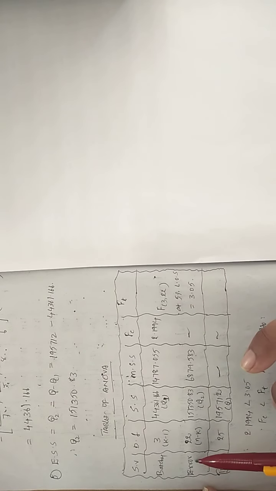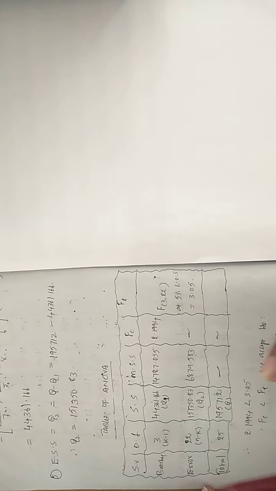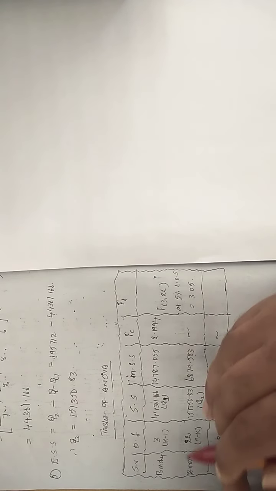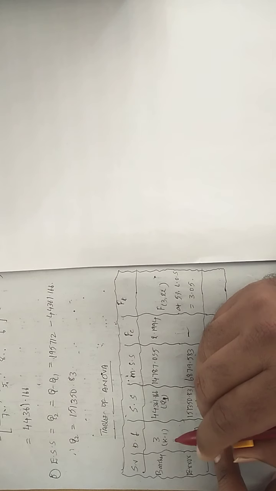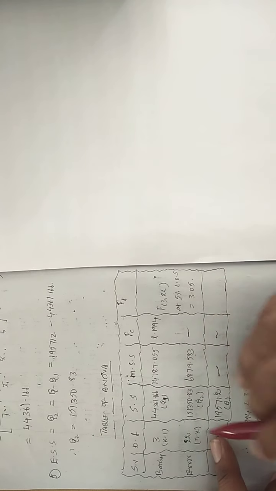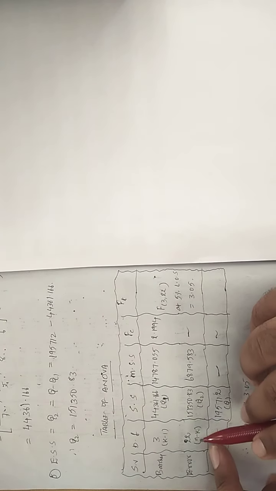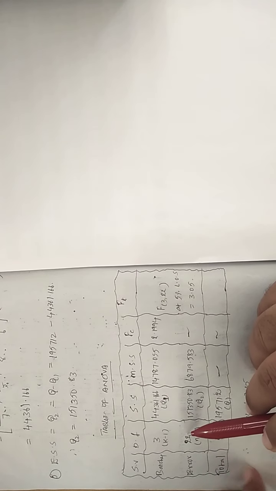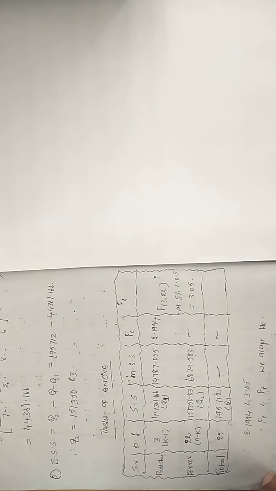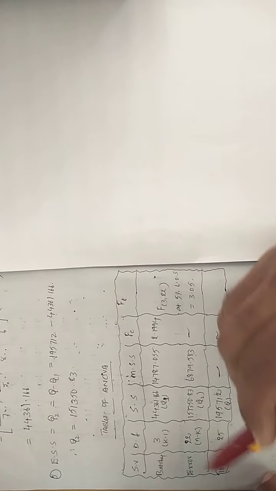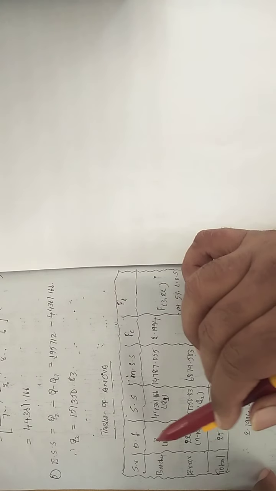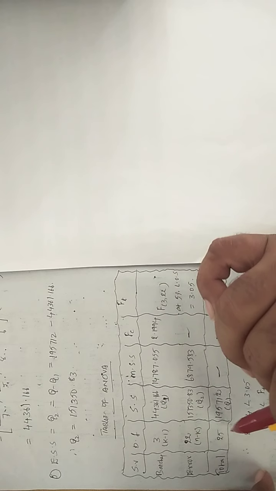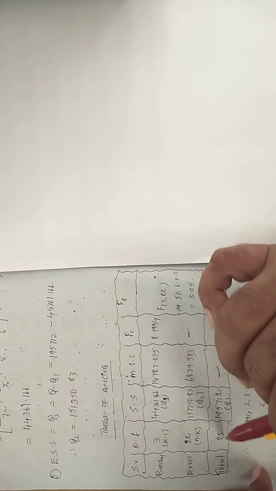Now here the error degrees of freedom. How do you get it? N minus k. So what is n here? N is nothing but 26. So 26 minus k, where the k value is 4. So 26 minus 4, how much will you get here? 22. So add these two now. 22 plus 3, you will get 25 total.